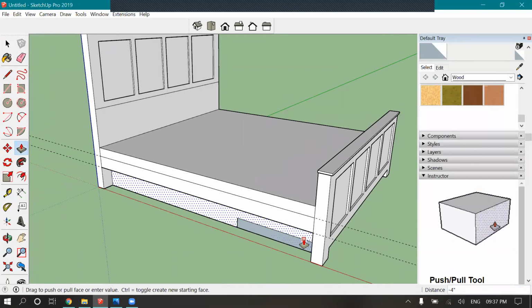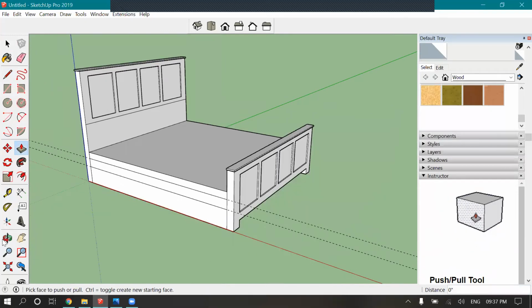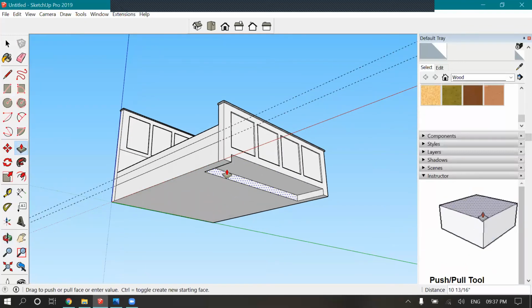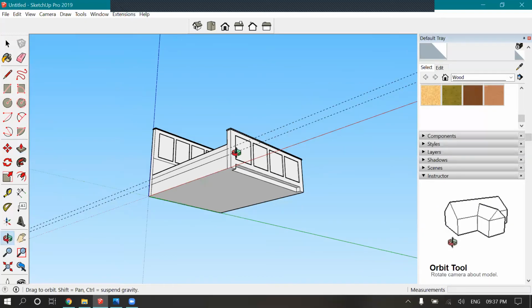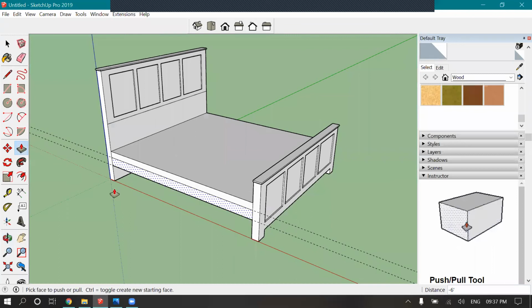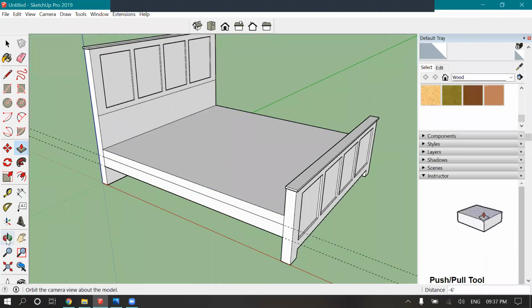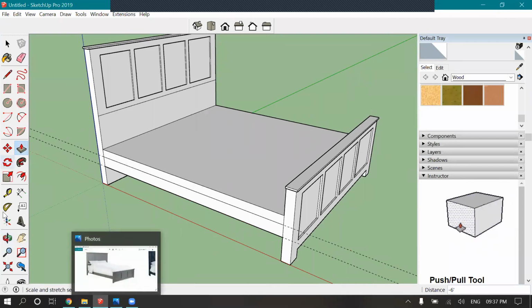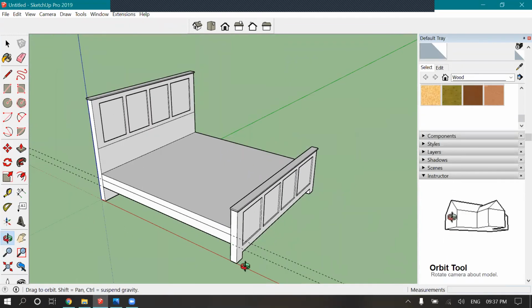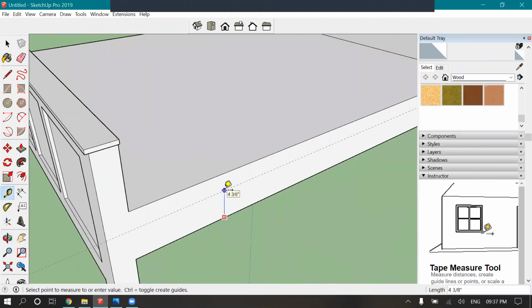This part isn't required anymore. This part isn't required anymore. So you guys can change it. And what about the other part? 4 inches. And we have to do the same on the other side. 4 inches.